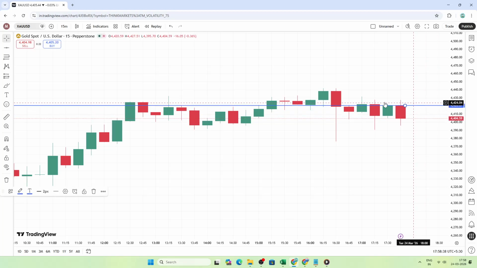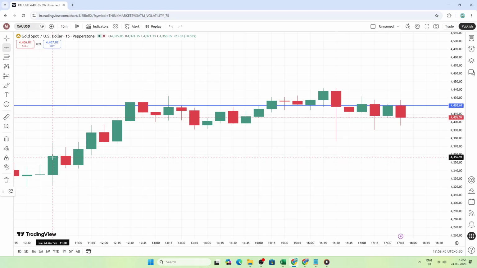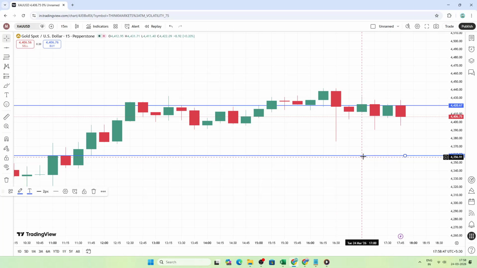If you want to add several levels, say, multiple areas of interest, just repeat the same process. Open the horizontal line from that tool family and click again where you need it. This is a visual, intentional way to place lines and works well if you prefer to confirm the price visually